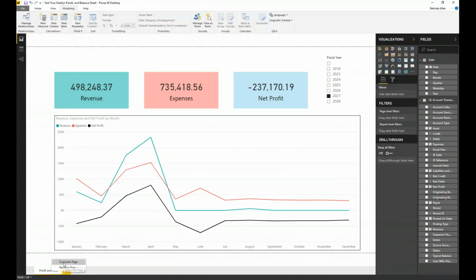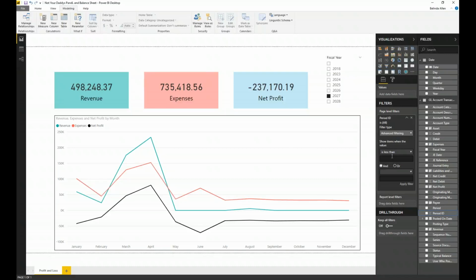Now, if I were to right mouse click, before I do that, I duplicated the page a little too fast. I only want net change. So what I'm going to do, and again, I could come in and on the page filter and put in it doesn't include BBF, or as Jen mentioned, and she's absolutely right, I could take my period ID and drag it to page, and I could say is not 0, and then click on apply. And then that way I'm only getting the net change. I could have also done source document does not equal BBF.